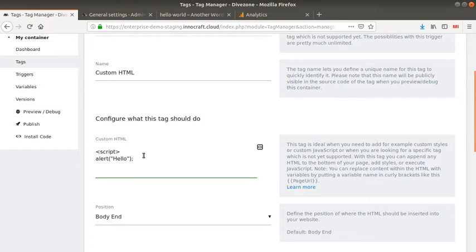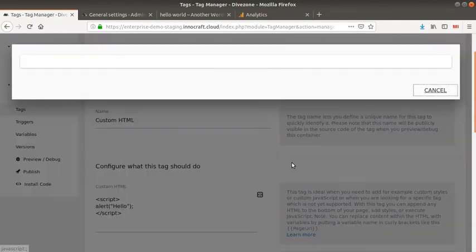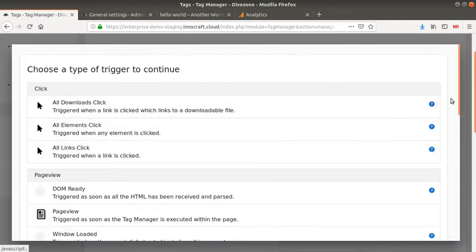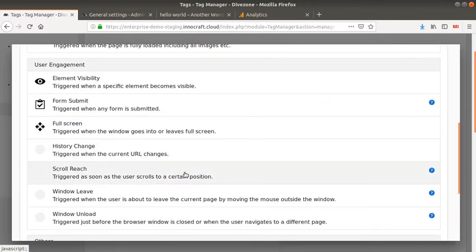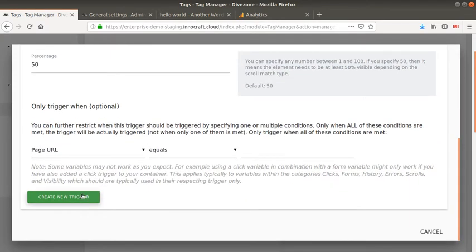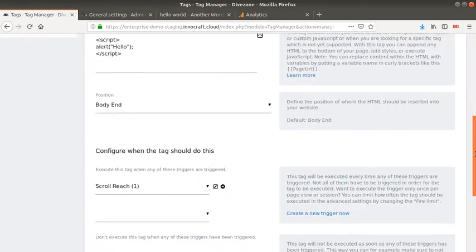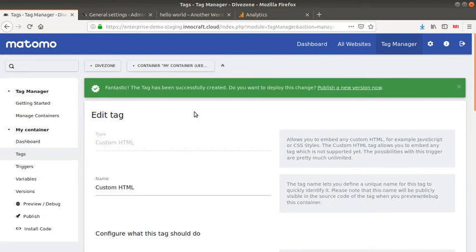And like this I have my script. I'm going to assign a trigger to this script, and I'm going to use one trigger that I already used in the past, which is the scroll reach. I'm going to create the new trigger and publish it as well. So now I have it.